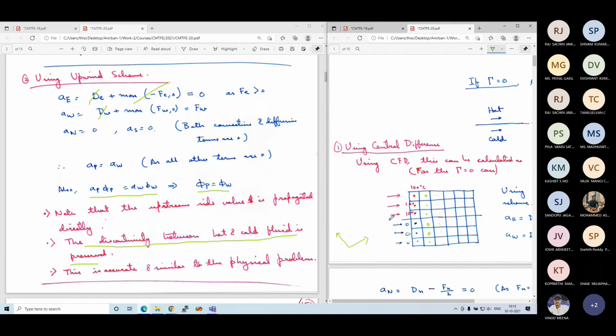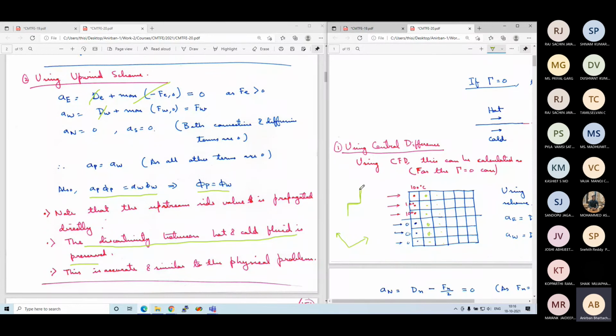Whatever the coordinate axis is, it does not matter. The problem should remain the same. The physical problem is independent of the coordinate axis; we are just defining something with the coordinate axis. So whatever the problem is, it should still remain the same. The solution should still be that in this direction, the temperature profile is preserved.